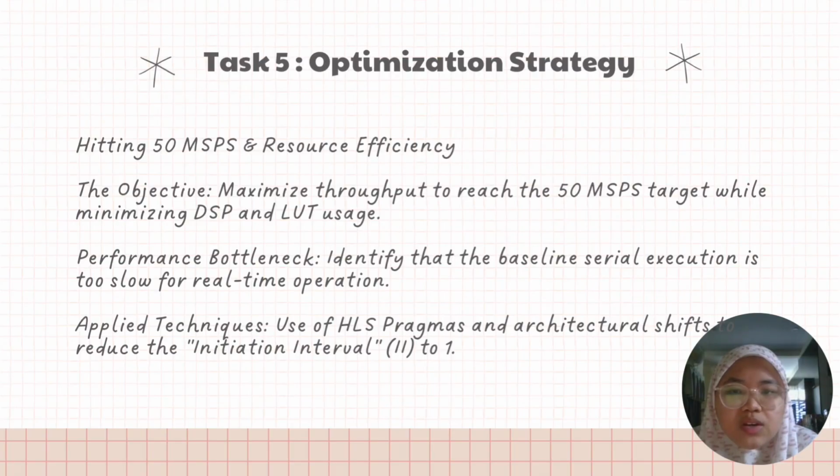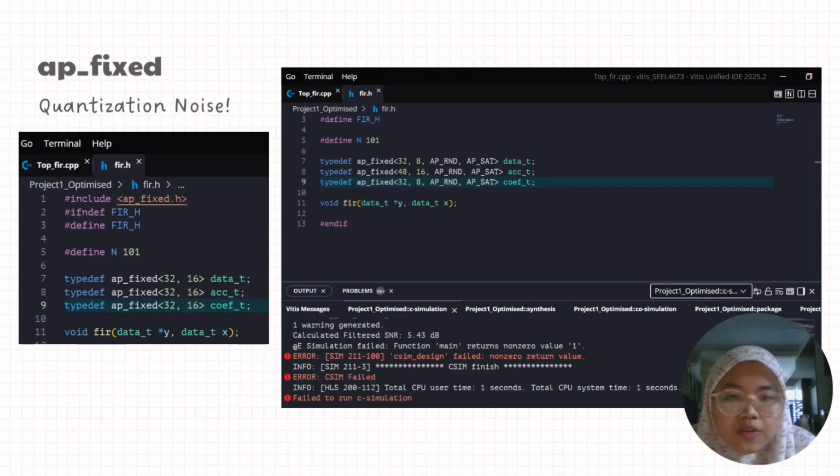But there is also a performance bottleneck. We identified that the baseline serial execution is too slow for real-time operation. The technique used is HLS pragmas and an architectural shift to reduce the initiation interval from 2 to 1. So for Task 5, there is a bonus or optional task which is to change the variable from float